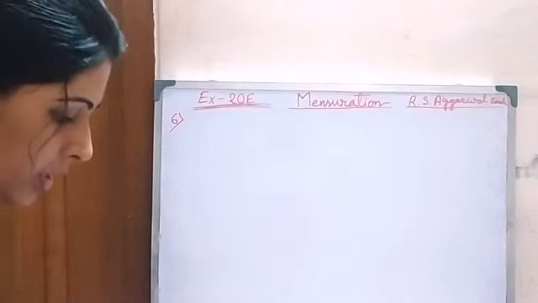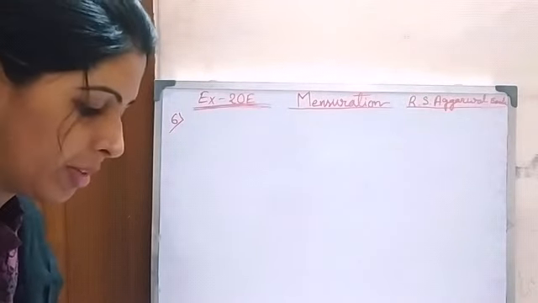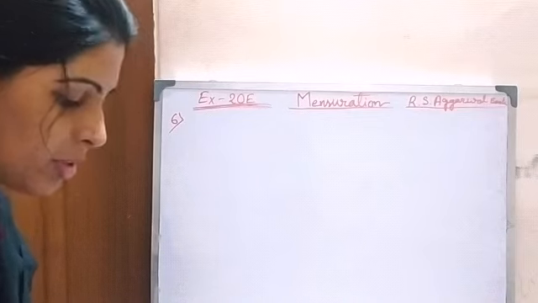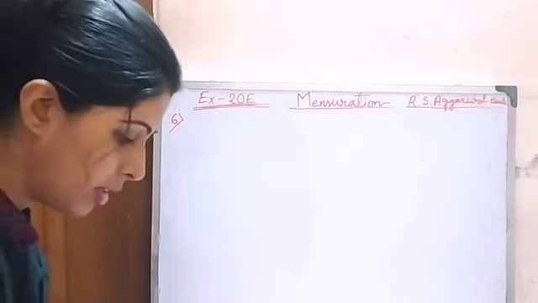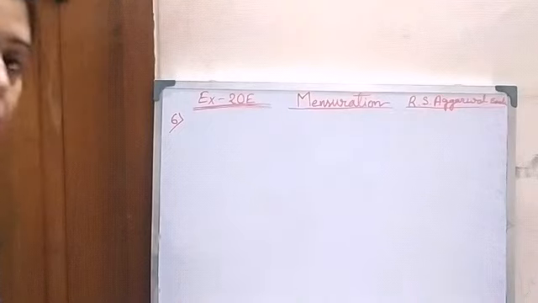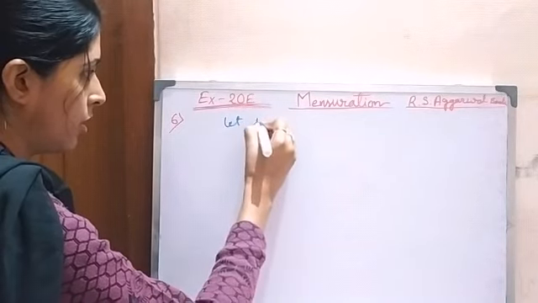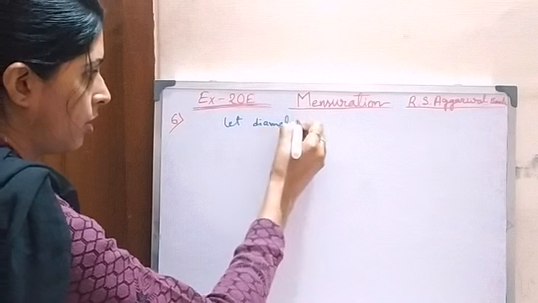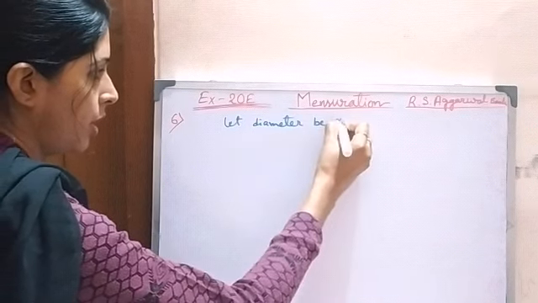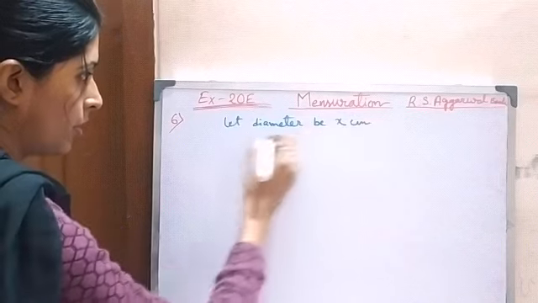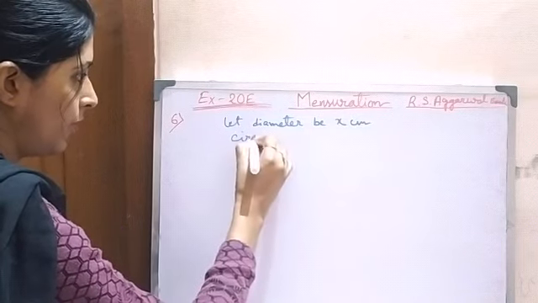Now coming to question number 6. The circumference of a circle exceeds its diameter by 30 centimeter. Find the radius of the circle. Circumference of a circle exceeds its diameter. That means let diameter be x centimeter. Then circumference will be